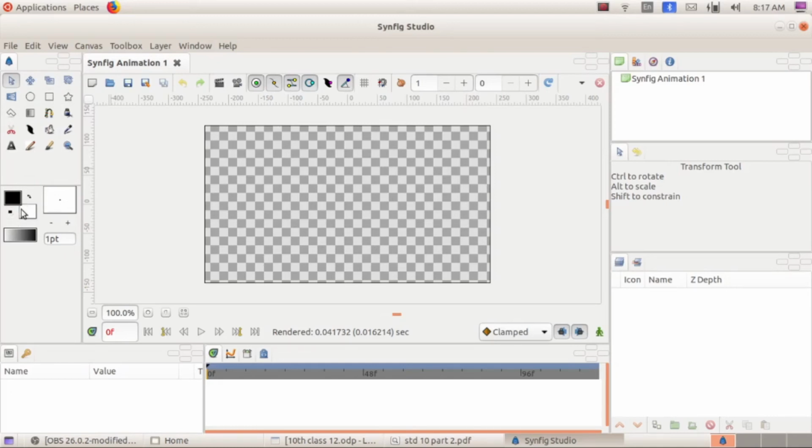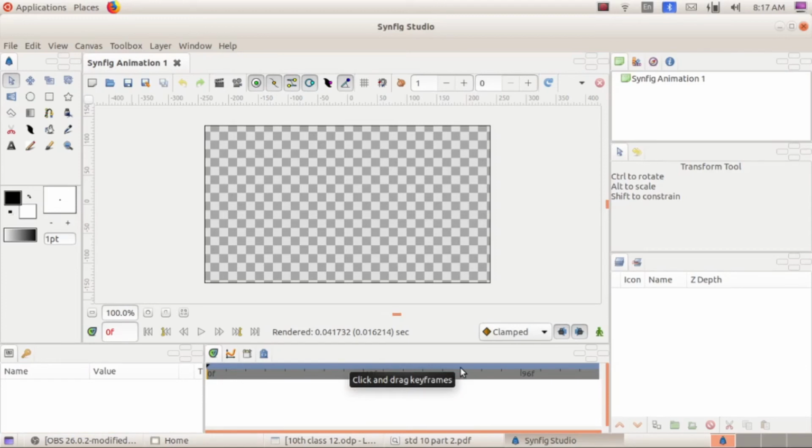Here you can see the foreground and background color. This particular side is known as the tool panel or toolbox. So the first one is the canvas, the second one is the toolbox, and here you can see a third panel, the parameters panel. When you are doing some work here, you can see the corresponding name and value. It is known as the parameter panel. And this particular thing, where you can see some time, is known as the time track panel.